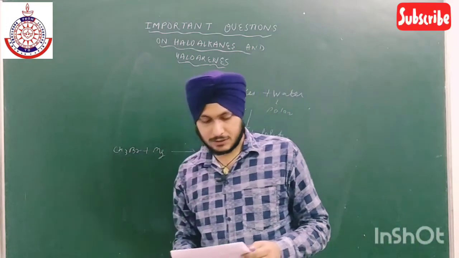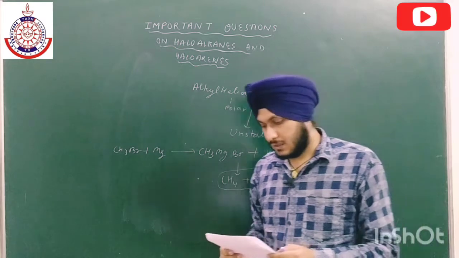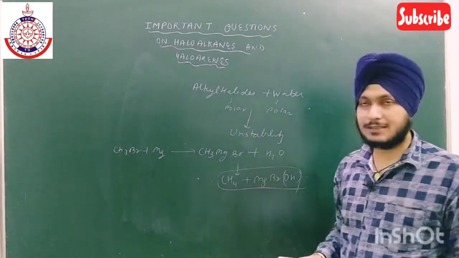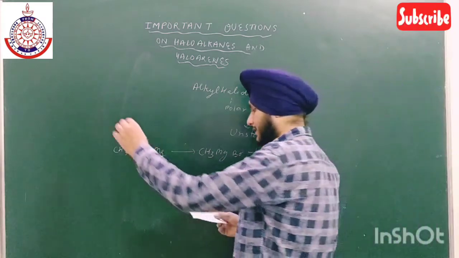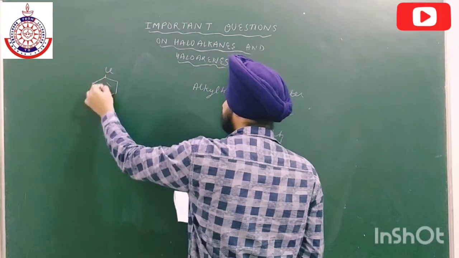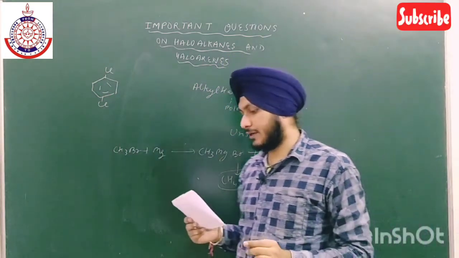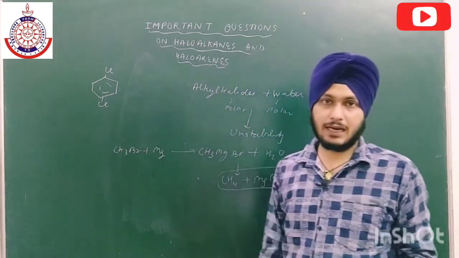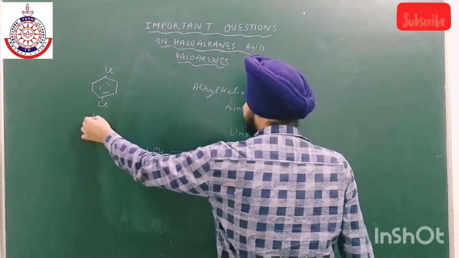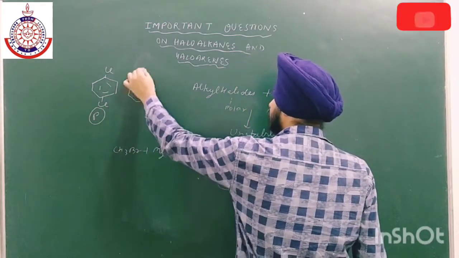Okay. So the next question is question number 6. The question is about para dichlorobenzene. This is a question from the aromatic system. Para dichlorobenzene has higher melting point and lower solubility than the ortho and the meta isomers. So this is para. And now I am drawing the ortho.